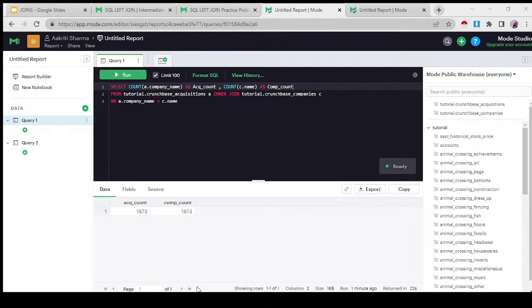Okay then. Let's go ahead. We have done inner join, we have done outer join, and we have learned about left join and right join. What they do is they will include the mapped data which satisfied the condition from both of the columns, and it will also have the redundant left out unmapped rows from either of the tables based on what the join is. If it is full outer, then it will take from both of the rows. If it is left, then it will take from left hand side table. If it is right, then it will take the redundant rows from the right hand side table.